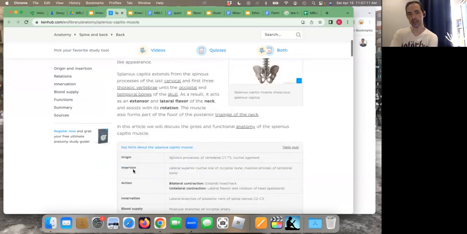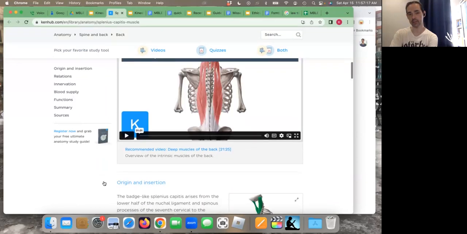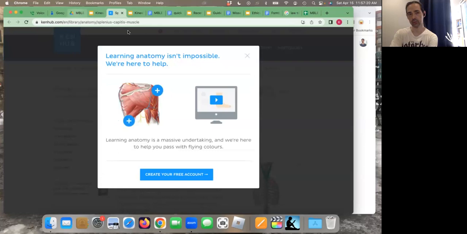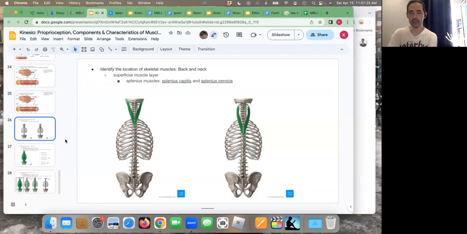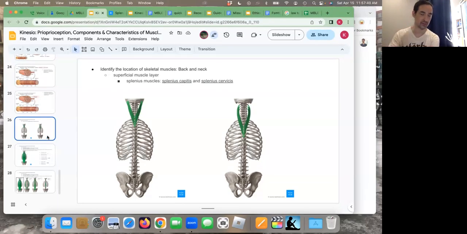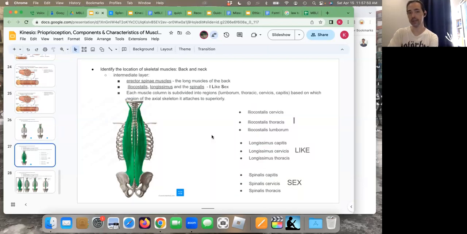This is KenHub, and it's a really great resource. We're going to look at it a little more closely in a minute. So the muscles that you need to know for the whole back surface of the body, not including the glutes. I'm stopping before the glutes and the piriformis, so before anything that's in the butt, for everything from the low back up to the base of the skull. Those muscles that you need to know are the splenius muscles. I'm going to give you a quick summary, and then we'll go over them one by one. The splenius muscles, which are in the neck, and then you need to know the